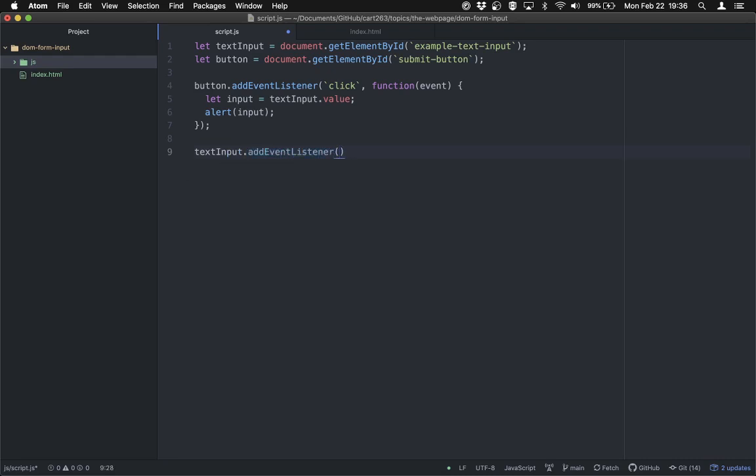So I'm going to say text input, add event listener. What do I want to listen for? I'm going to listen for keydown. That means they pressed a key. Again, we have our event handler here. And what am I going to do? I need to check what key they pressed, right? And I know that the keyCode property of the event will tell me that. So if event.keyCode is 13, which is the enter key or return key,